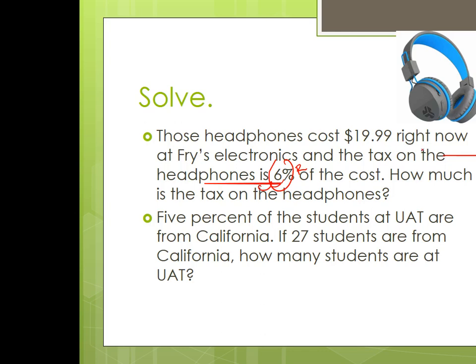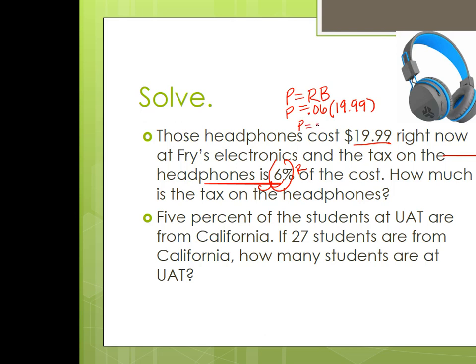Those headphones are $19.99, so you have to decide if that's the portion or the base. I want to know how much is the tax. Well, the tax is going to be a percentage of the $19.99. So $19.99 is my of, and I'm actually going to write this up here because I don't want another pretty line. So the base is $19.99, and I'm figuring out what fraction or percentage of that the tax would be. And this is probably something you calculate often if you want to figure out the tax or a discount on an item. So 0.06 times 19.99